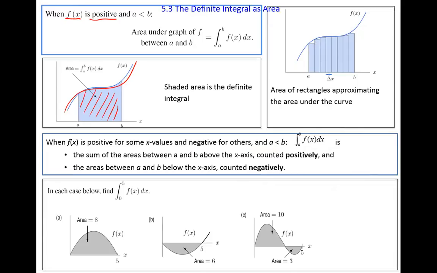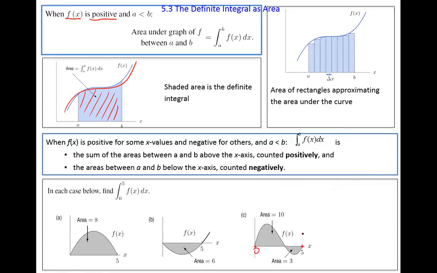Depends which words we can use. But we may have the situation that part of the function is actually below the x-axis. Yeah, you can see this graph. That's my function, f of x, and between